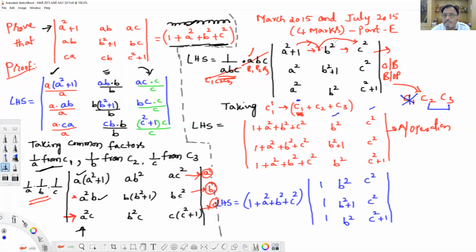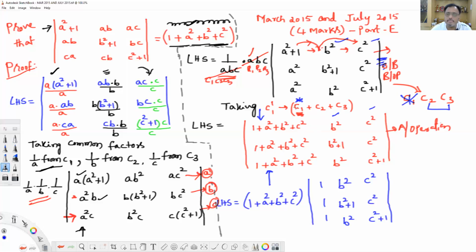I have written it here. Now, C1 plus C2 plus C3: in this body only I am doing the surgery. Adding C1, C2, C3, after adding you get some result. That new result I am going to write into C1. That means definitely C1 will be changed to a new C1. How do you get the new C1? By operating C1 plus C2 plus C3.